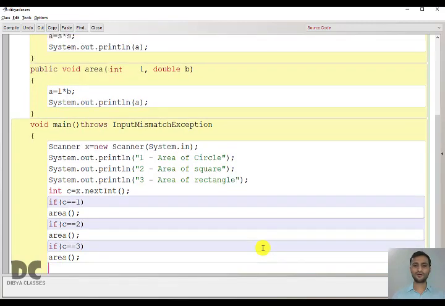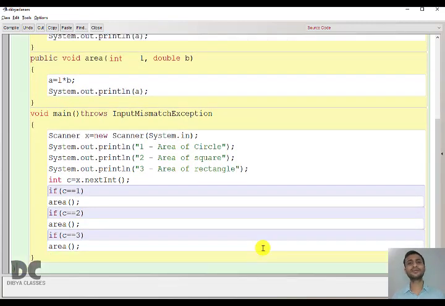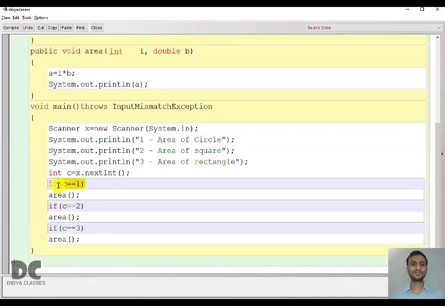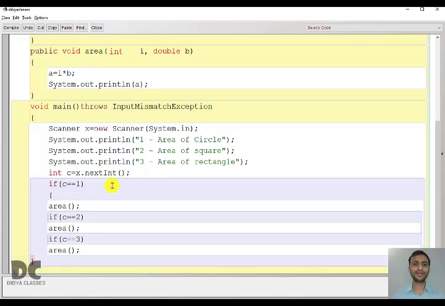Because all the 3 functions have the same name. So what will happen? Java will get confused. So for choice 1, we are finding the area of the circle. So what do we need to send? The radius. But where is the radius? So now we have to also ask the user for the radius. So we have to take the input for radius also.